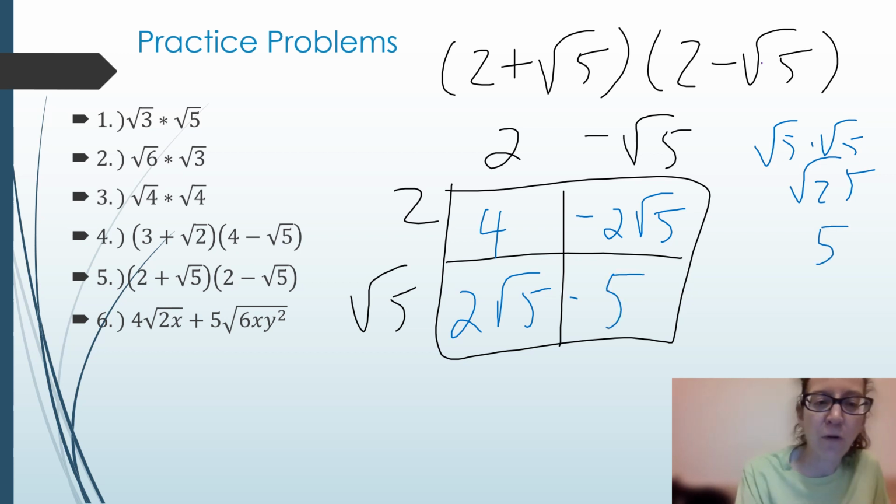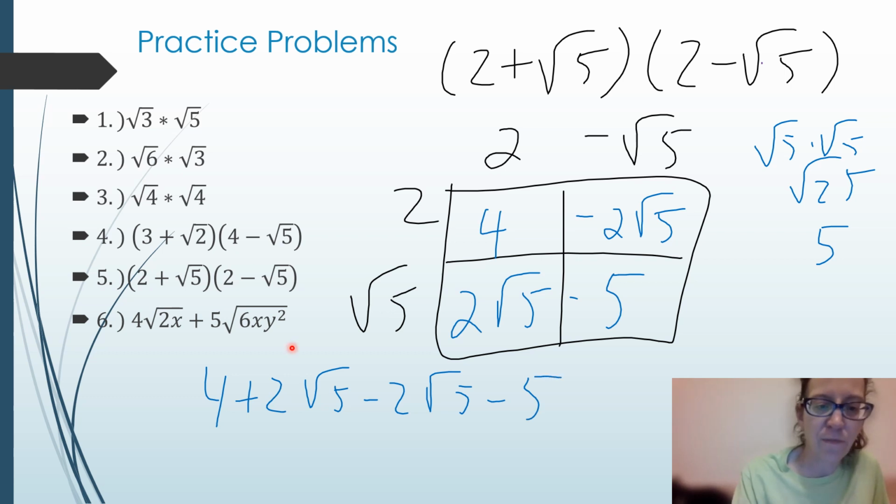Now, when you go to write this out, you should notice something that happens with conjugates. You should notice that your middle terms cancel out. So if you have plus 2 root 5 and then minus 2 root 5, those cancel out and you are left with 4 minus 5, which is